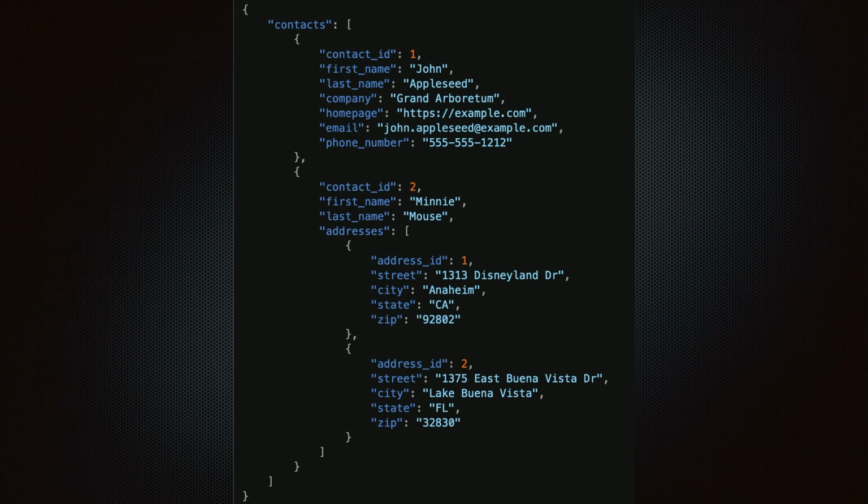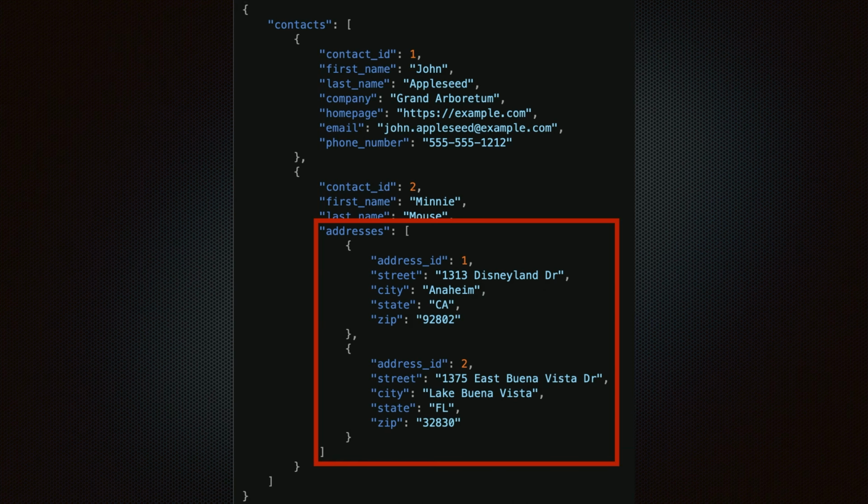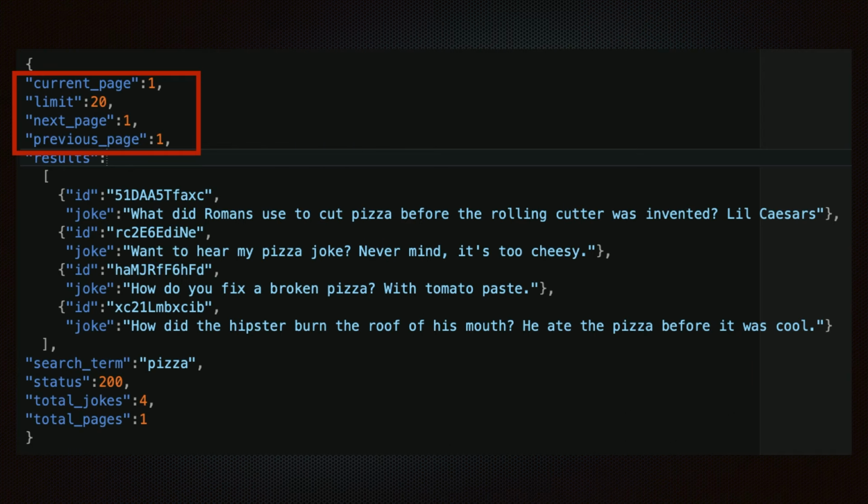Now a slightly more practical example, back to our contacts list. It's a dictionary. Here's the key with dictionaries inside it. It's a list of dictionaries within a dictionary with, of course, another list within that. It's a wonderfully flexible structure. You'll notice the address ID and contact ID fields came along. Behind the scenes, there's still a database with tables.